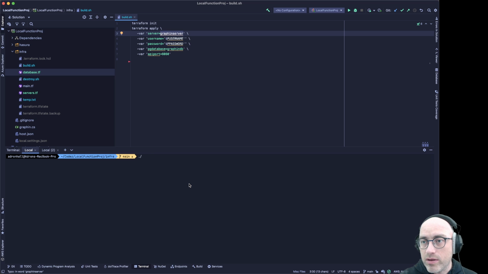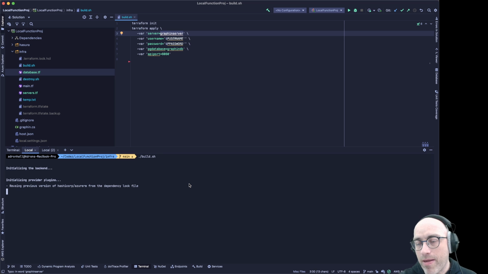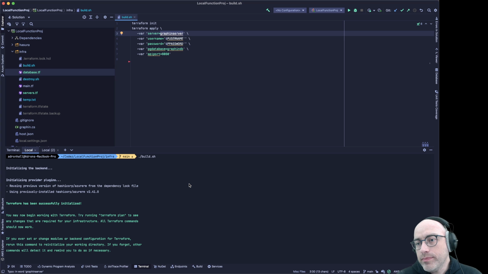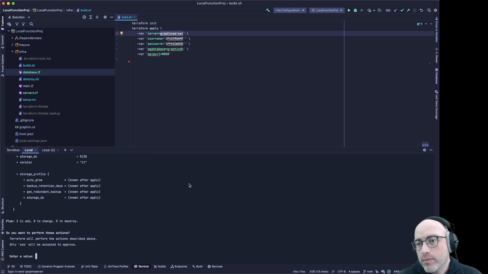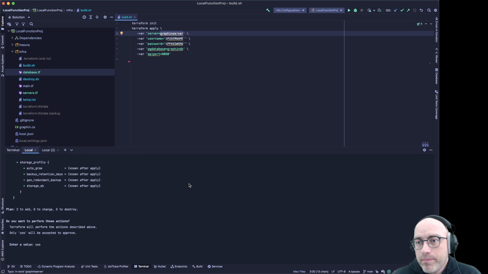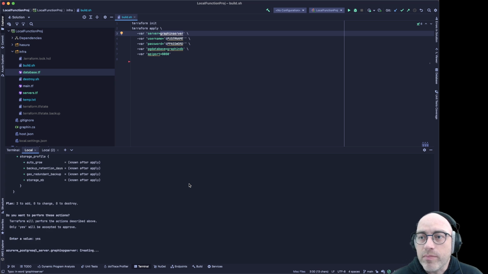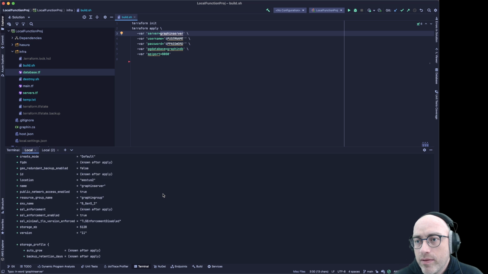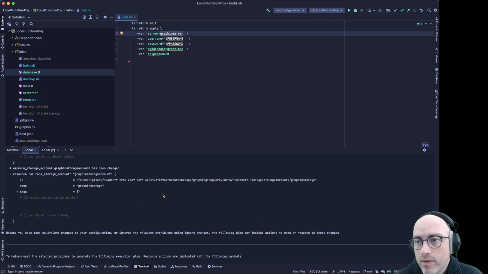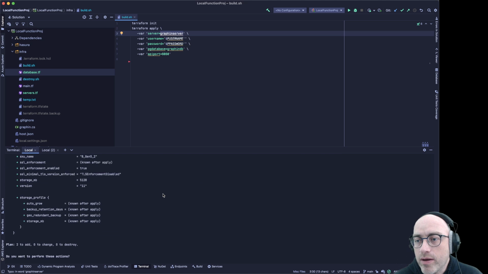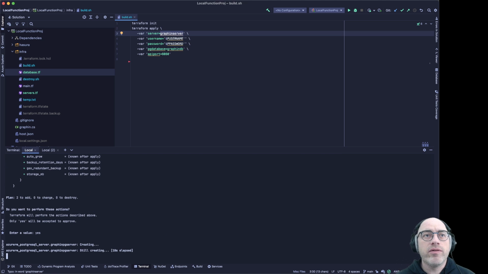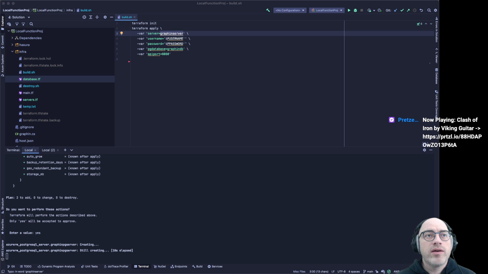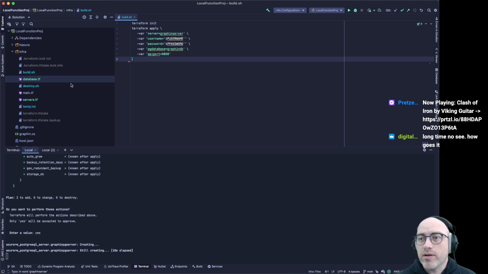Let's run our build again. Yep, please update the 2. It's going to destroy nothing. It's going to add 2 to the existing bits. Yeah, database bits. So that'll probably take a minute or two. While it's going, we're going to go ahead and start on